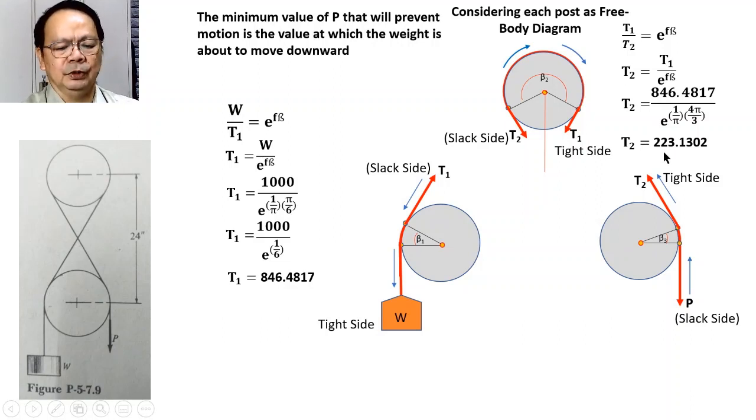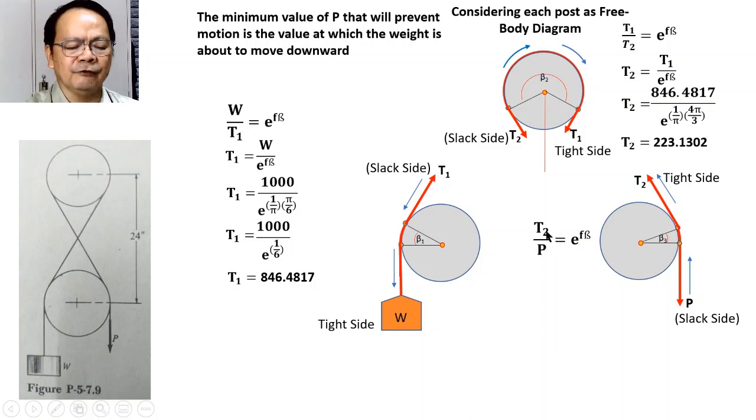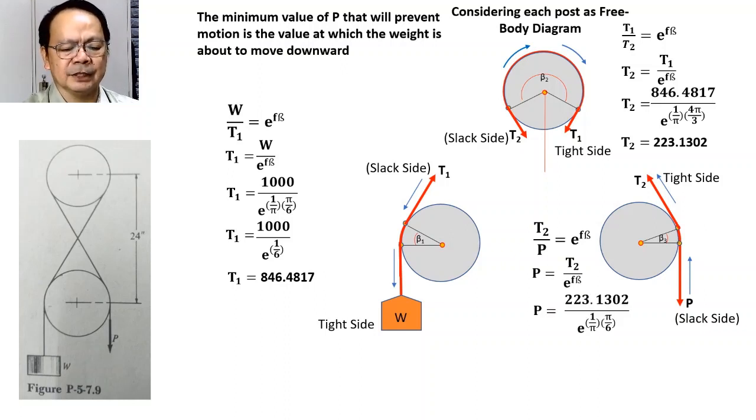223.1302. And then finally, okay, substituting the value in the formula for the ratio of T sub 2 over P, because in this case, ito naman yung kanyang magiging tight side. Samantalang ito yung kanyang slack side, therefore, T sub 2 over P shall be equal to e raised to f beta. Then substituting the value of T sub 2, therefore, P will be equal to T sub 2 over e raised to f beta, and therefore P shall be equal to